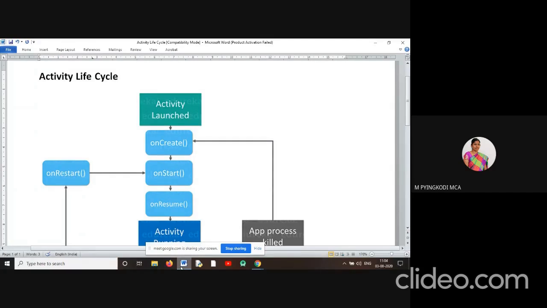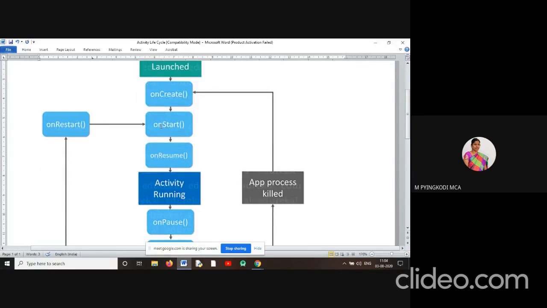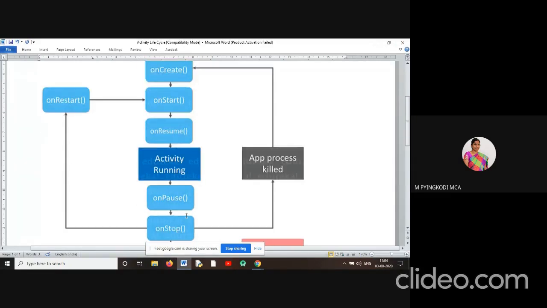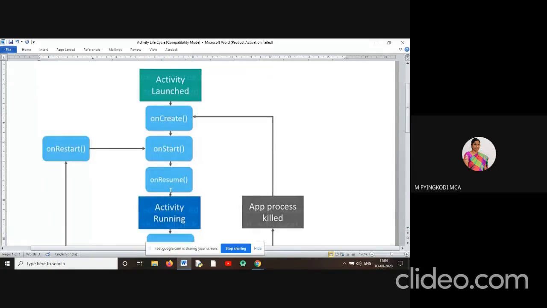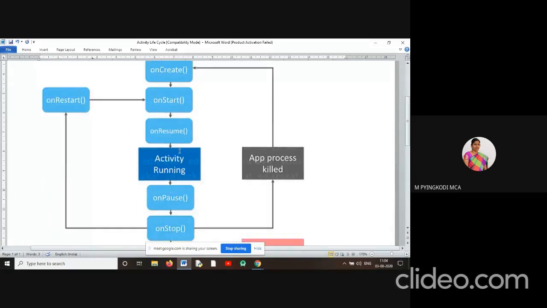These 7 methods are termed as callback methods: onCreate, onStart, onResume, onPause, onStop, onDestroy. These methods must be executed by the Android SDK.